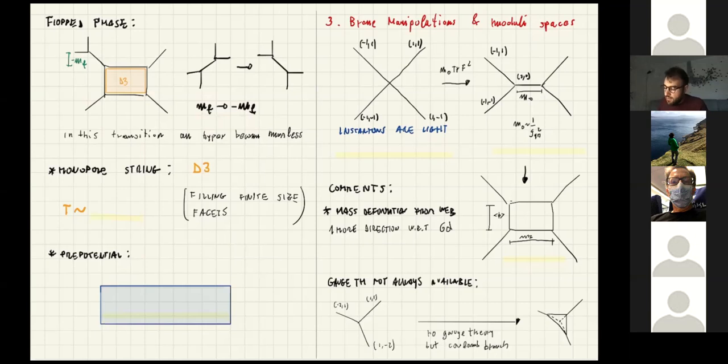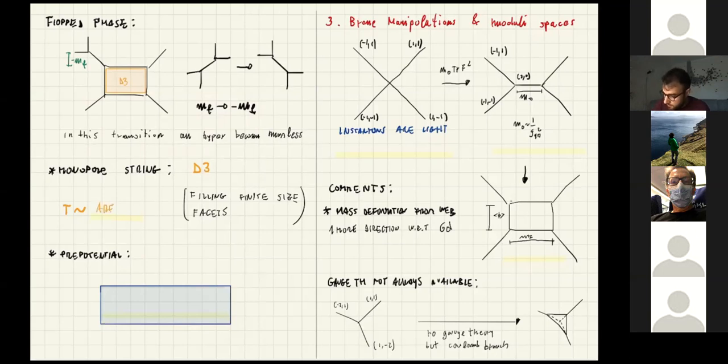Moreover, as I anticipated, we can have monopole strings. Monopole strings are given by D3-branes extended on the finite size facets of the web. And their tension is actually computed by the